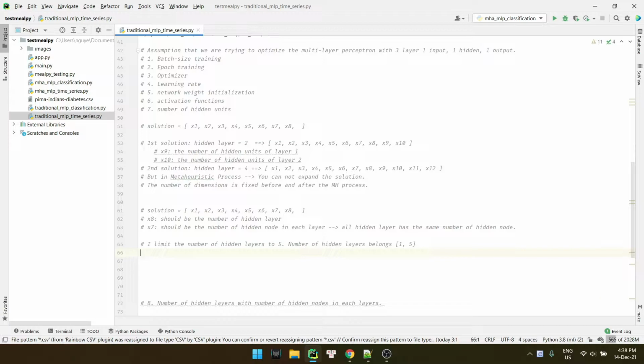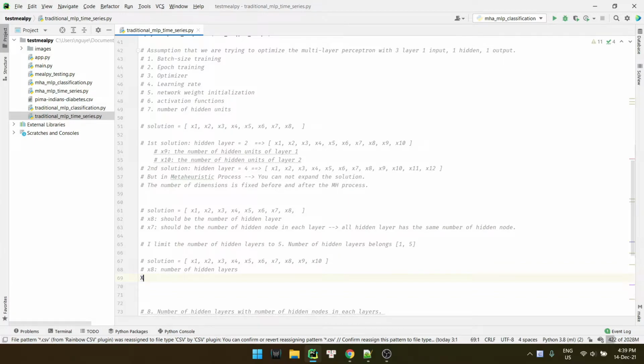So you will have a solution like this: x1 to x10. x is for the number of hidden layers.